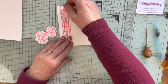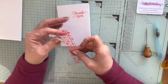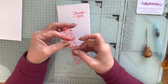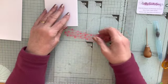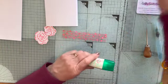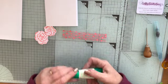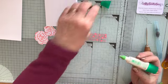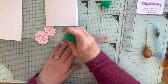But I wanted to show you that you can either use a piece of card to which you've stuck a sticky sheet so that you can just peel off the sticky sheet from the back and stick it straight on. But I find that actually you can either use your fine glue tip pen or just use your Tombow, whichever suits you. So I'm going to use, if I've got some left in here, because I'm as usual running out,